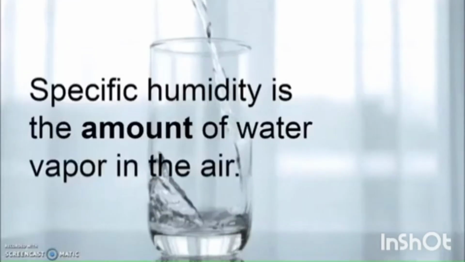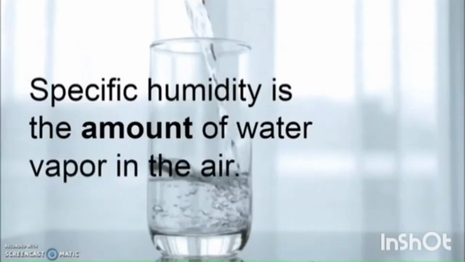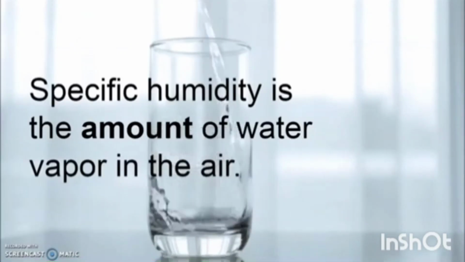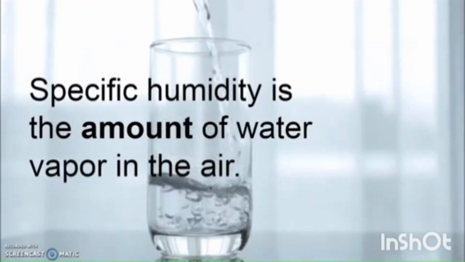Specific humidity is an amount of water vapor in the air. For example, in this cup, I will tell you that there are 4 ounces of water. The same would be true for the air. I will tell you a specific amount of water in the